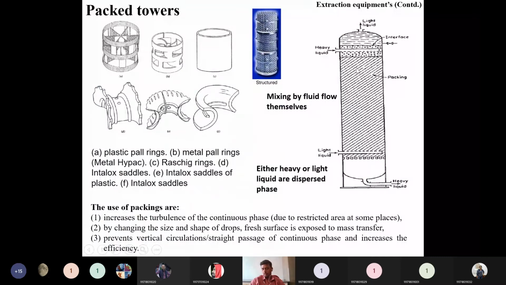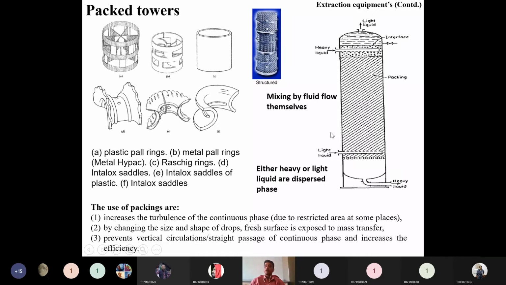So the bed will be fixed. Through these fixed columns, same as the spray tower, there will be two types of operation. One is that we keep the heavy liquid as the dispersed phase. Then, if the heavy liquid is the dispersed phase, the light liquid will be the continuous phase. Under such a condition, we have to arrange some spraying nozzles here. Through that spraying nozzle, it will come like this. The light liquid will be the continuous phase, so continuously it will be flowing. Throughout the column, the presence of the continuous light liquid will be observed.